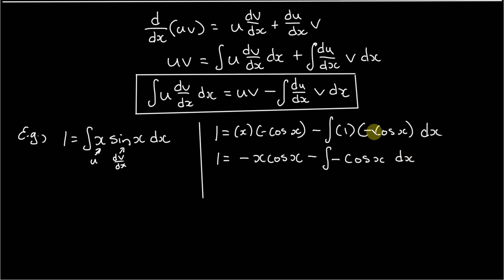This is just negative cos x. Cool, so we've got two negatives, right? So that's going to cancel. So now if we integrate just cos x, because it's going to become positive, we get sine x, right? Again, that's a standard result. So this all becomes I equals negative x cos x plus sine x